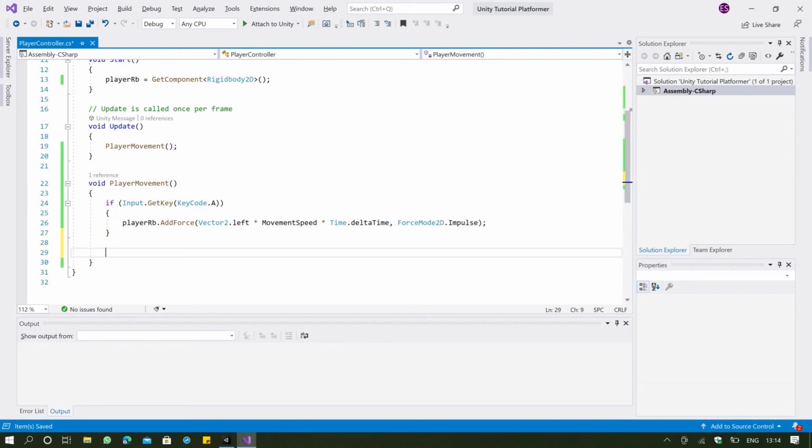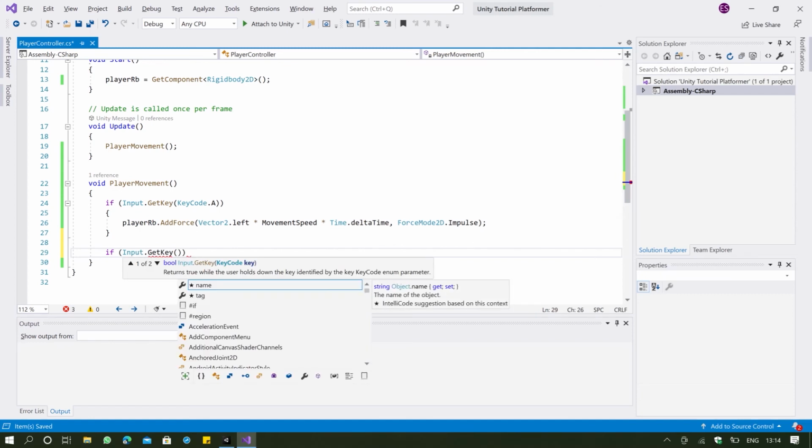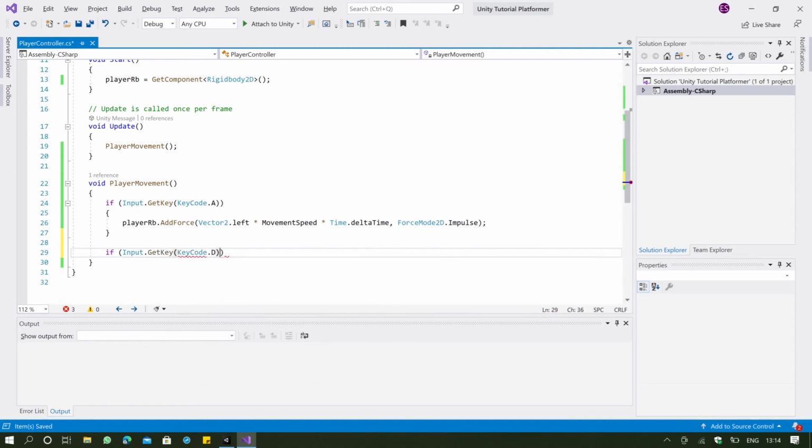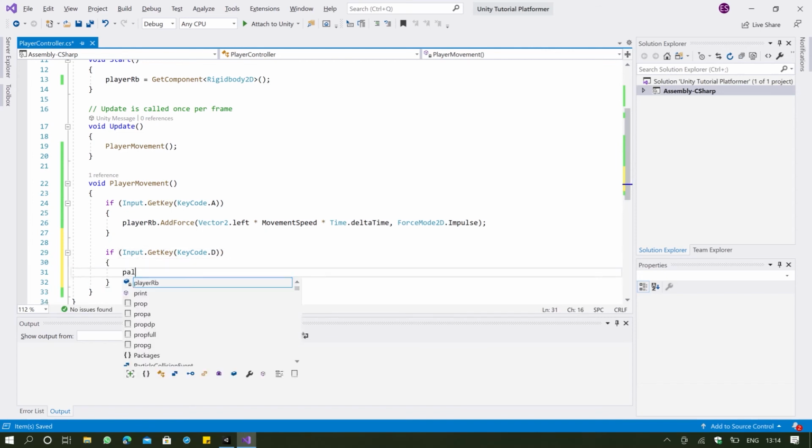We're going to type in if Input.GetKey(KeyCode.D), because we want to make sure that the player's input when touching the key D